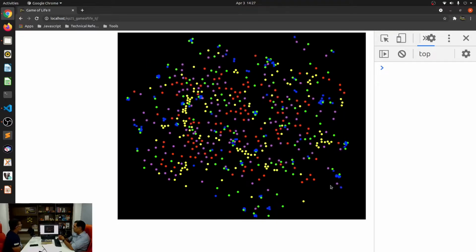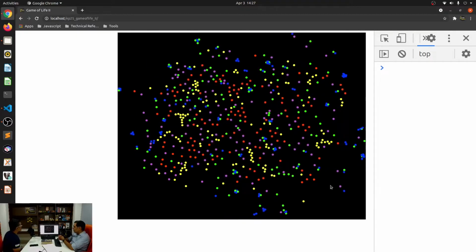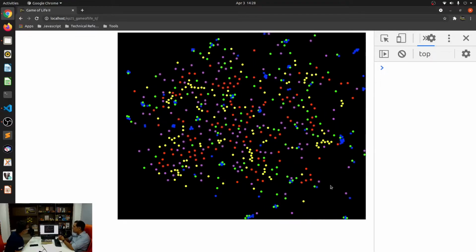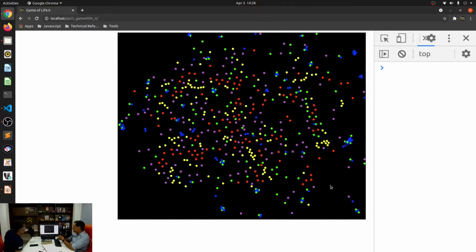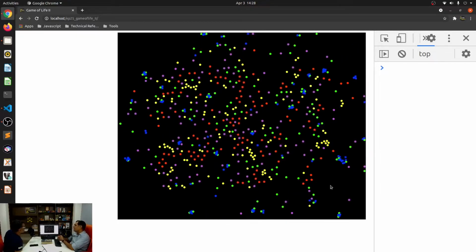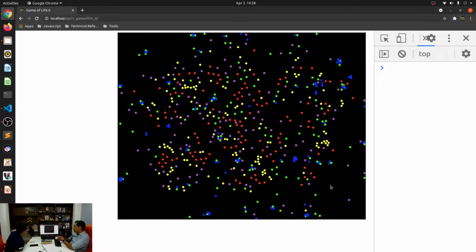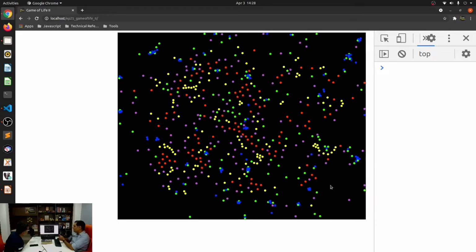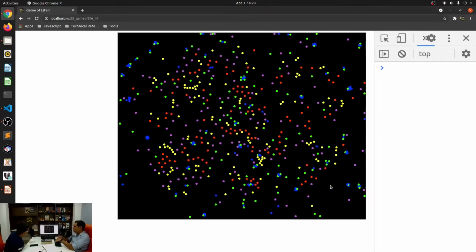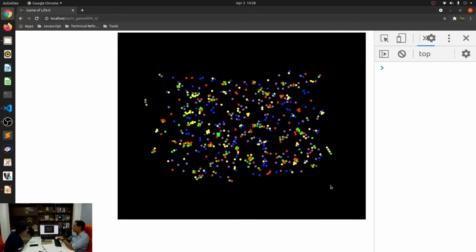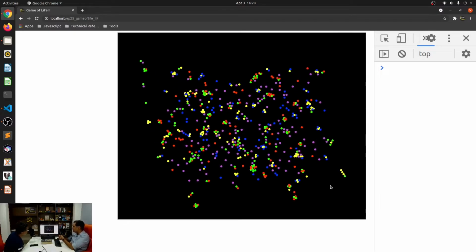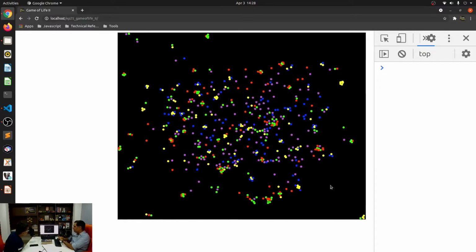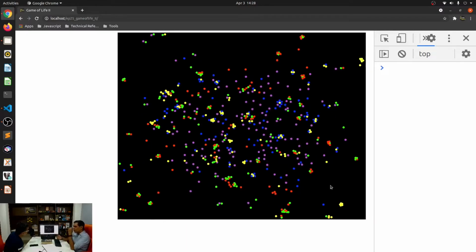So in this one, the greens and the blues are sticking together. In this run the yellows are completely inert. For some reason they've gotten into clusters and become inert. The blues and the greens are the only ones that are super active. Yeah, each run is different. In this one, the yellows are very active.